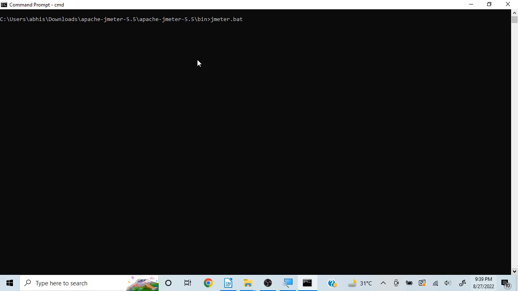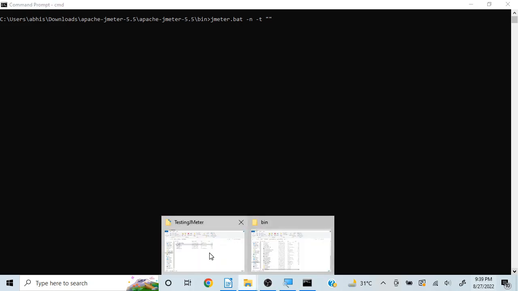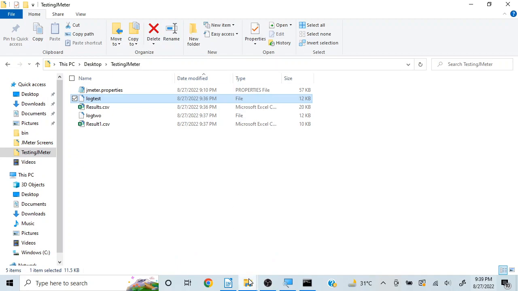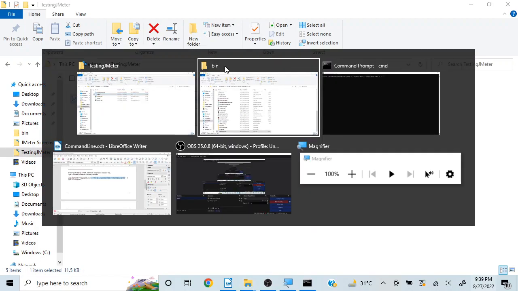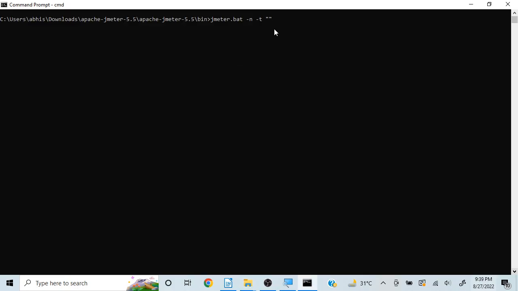So I'll write jmeter.bat, and first thing is -n for non-GUI mode, -t, and here we need to mention where our test file is located. So here I will go to my bin directory and copy the path and place it here /demo